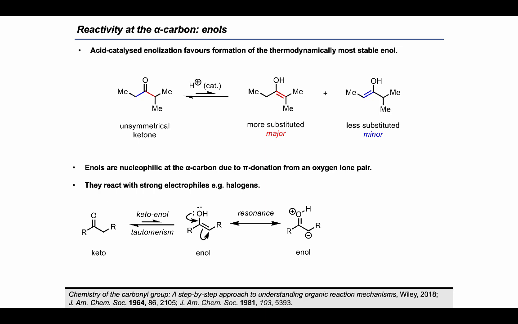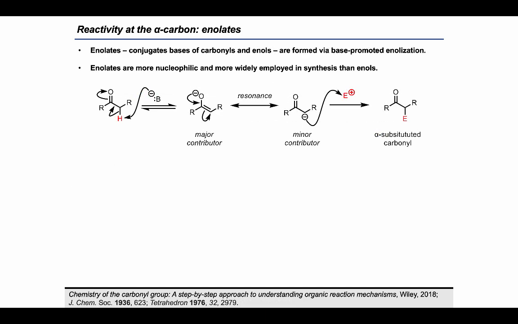Enols are also nucleophilic at oxygen, but most of their interesting and useful chemistry occurs at the alpha carbon. For example, enolizable ketones undergo alpha bromination, reacting with electrophilic bromine via the formation of the nucleophilic enol under acid catalysis. Enolates are the conjugate bases of both carbonyls and enols, and are formed under basic conditions via abstraction of an alpha proton. Enolates are relatively stable species due to delocalization of the negative charge between the oxygen and the